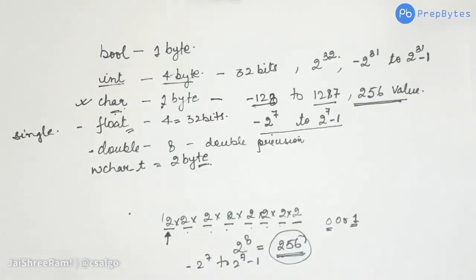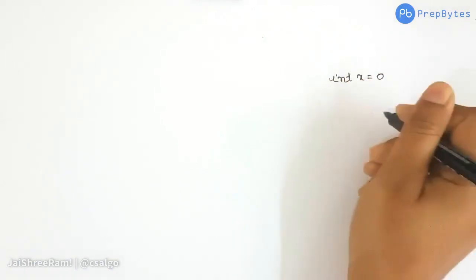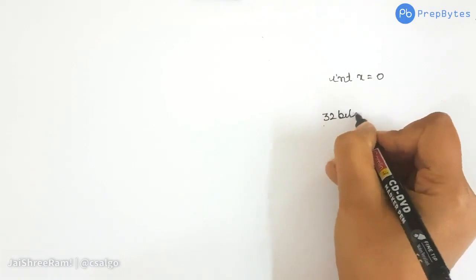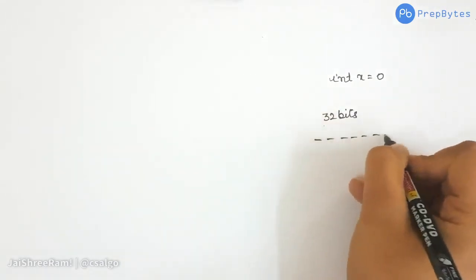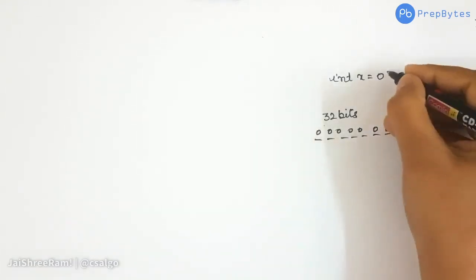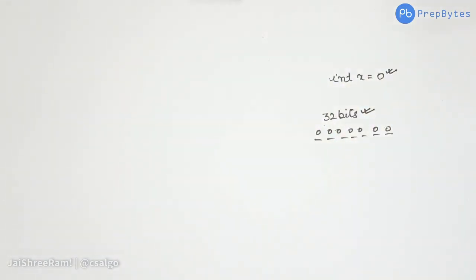Now, coming back to this particular sheet, as we can see, even if we have to store a 0, let me take a new sheet. Even if I have to store int x = 0, for that also I will occupy 32 bits in the memory, though I'll store all of them as 0. So even though I need to store such a small number, I'm occupying 32 bits in the memory. So we have a solution for this.